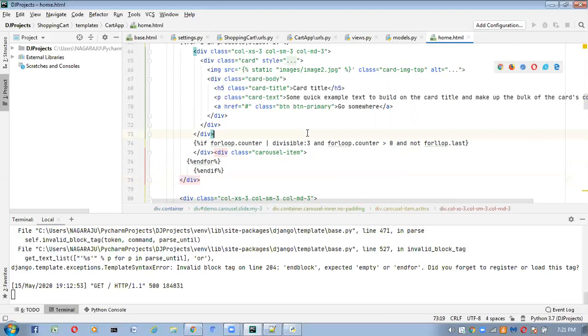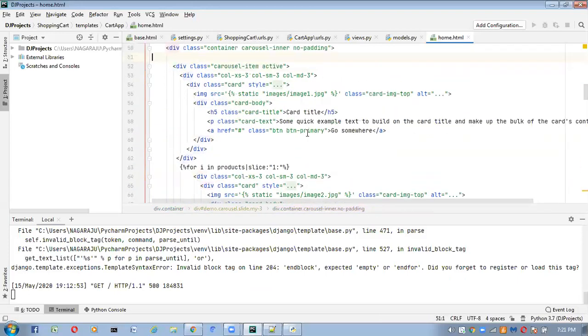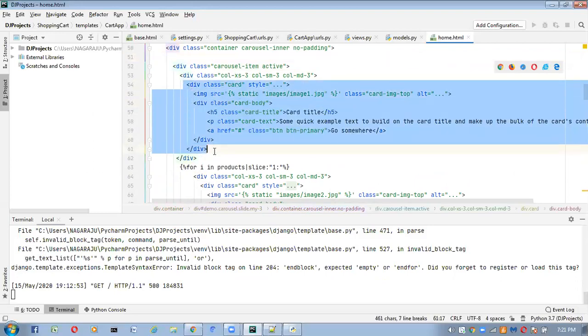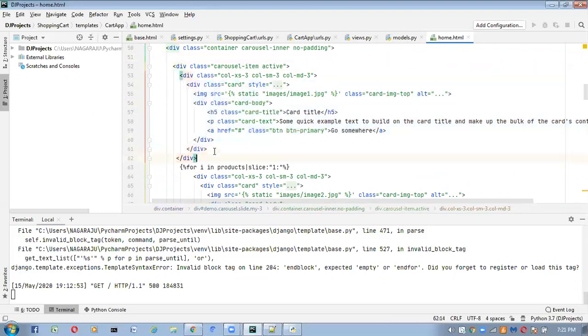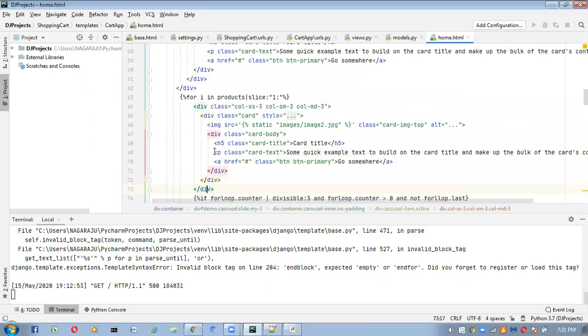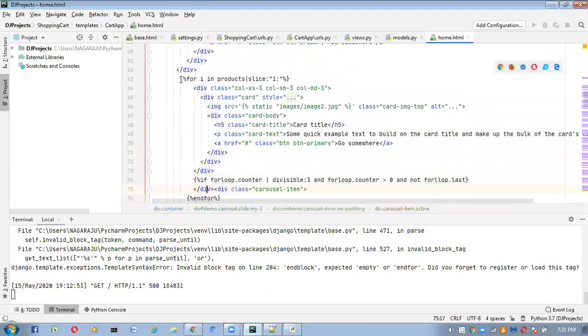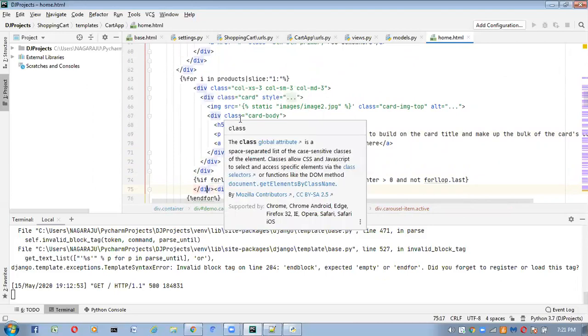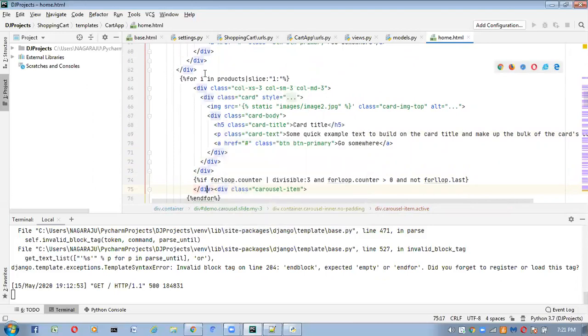Clear this one? See here, the first product you should get by default. That's why here I am taking this one by default, as it is. And from the next products onwards, I don't know how many products are there. For that, here I am writing a for loop. How many times this loop iterates, that many products you will get here.